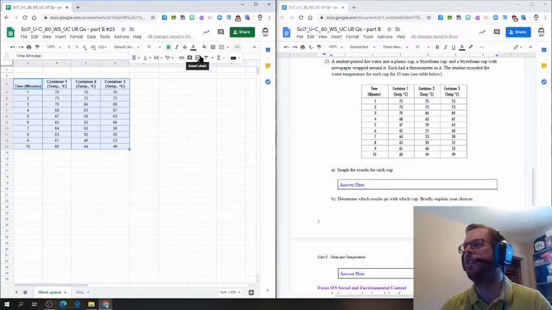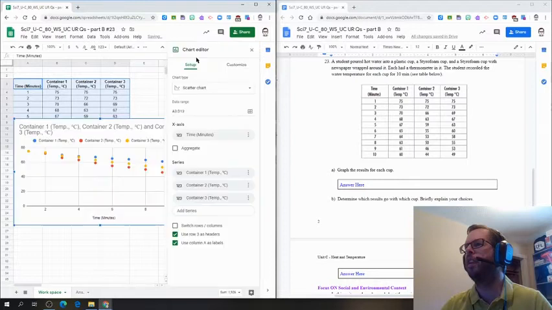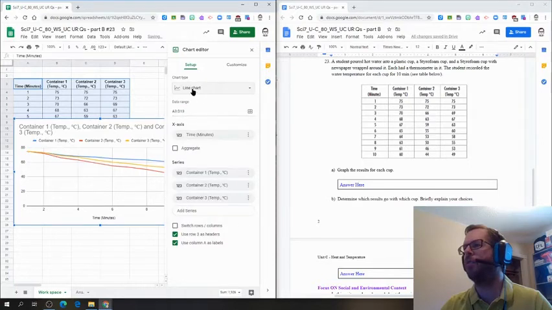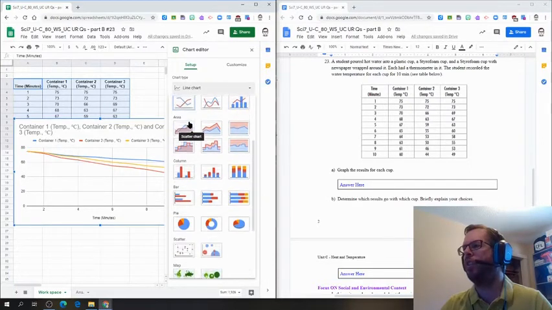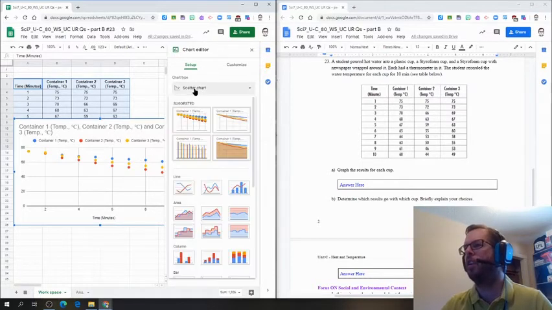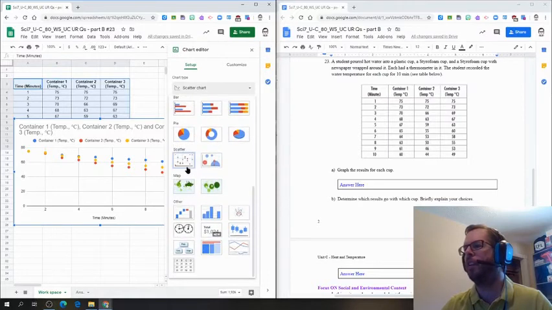And if you just hover over it, it'll say insert chart. So we'll click on that and chart editor. Now, it might have some different defaults that come up for you. It's got different suggestions here. Quite often line chart comes up. I think you would like to do a scatter plot. So whatever it is, if it doesn't say scatter chart there, toggle through and it's near the bottom here, scatter